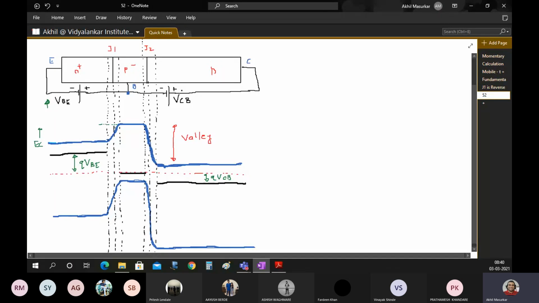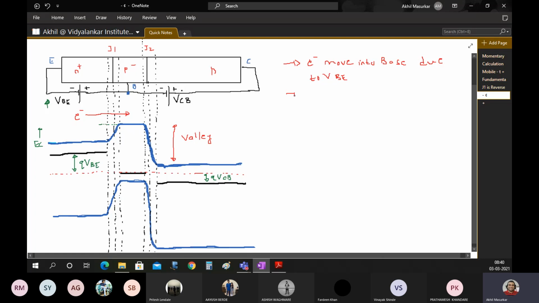And what happens is you are putting the electrons from the emitter into the base. So your electrons are moving from the emitter into the base. Now the position in the base is that the base is very lightly doped. First is what? Electrons move into the base. Why do they move into the base? Because you are applying the bias VBE. So I'll write, due to VBE.